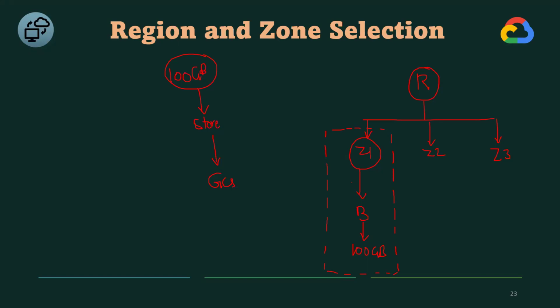For example, when you have selected a single zone and stored your data in it, due to an unexpected failure you are going to lose your entire data, right? So when we are storing data in a single zone, deploying a resource in a single zone, or creating an application with a single zone, whenever that zone crashes due to some unexpected failure, you are going to lose your entire data or application. So that is the reason